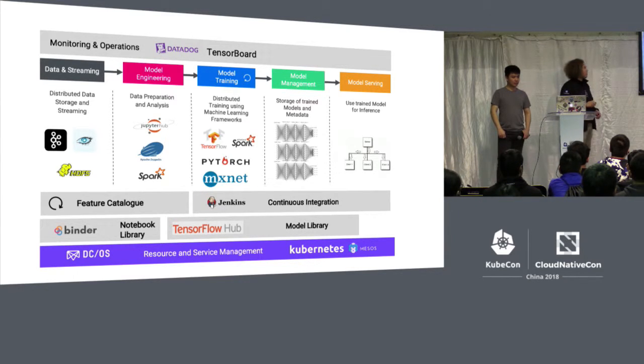And this is why a component such as a feature catalog or other systems, they also call them feature stores, become really important because, as mentioned, if I invest 60 to 70% of my data scientist's time in developing those features and cleaning the data sets, this is something which should be shared between different data scientists.